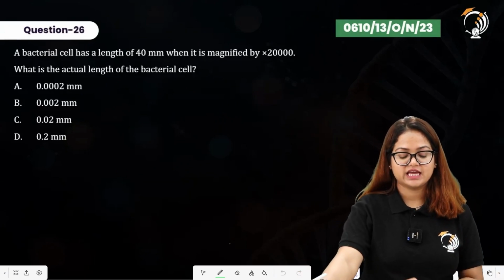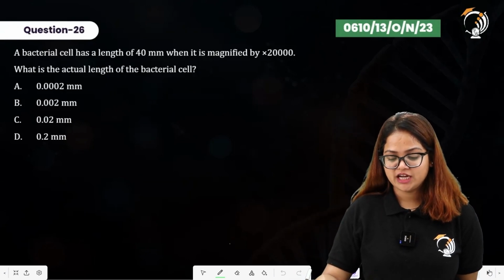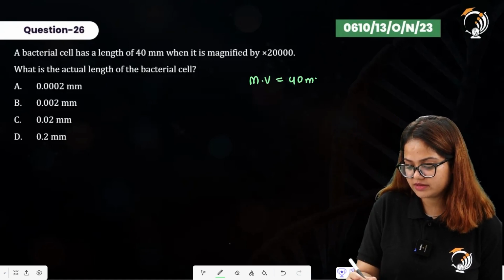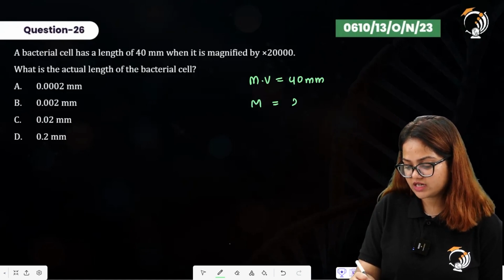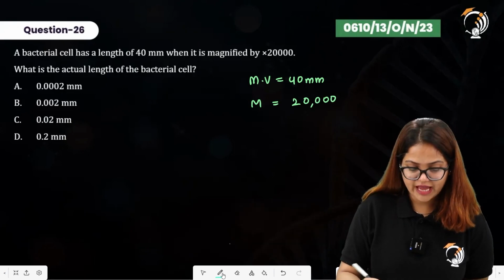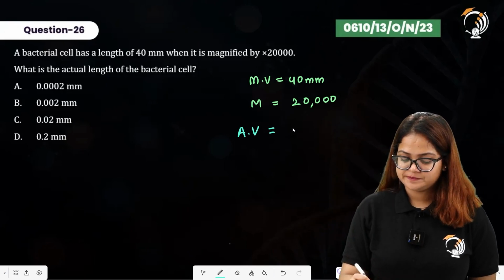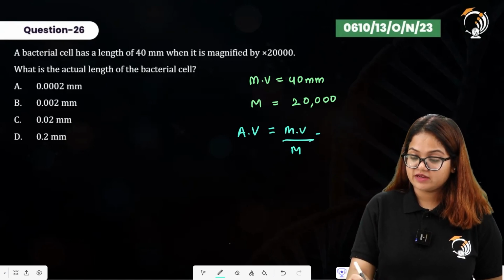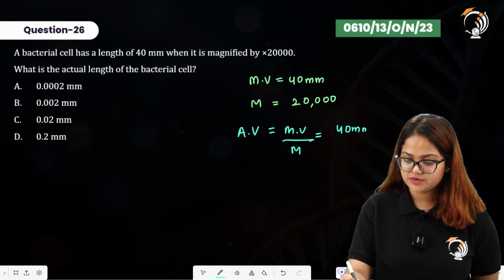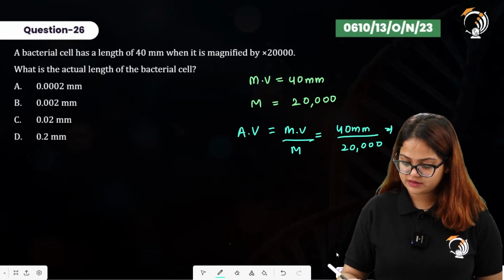Question number 26 says a bacterial cell has a length of 40 millimeter when it is magnified by 20,000. So this is the magnified value here, that is 40 millimeter, and we have got the magnification as 20,000 times. Alright. Then you have to calculate the actual size. So for that we have magnified value divided by magnification, that equals 40 millimeter divided by 20,000, or you can also write it like